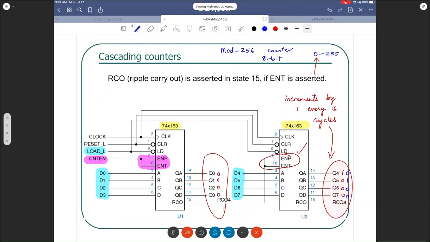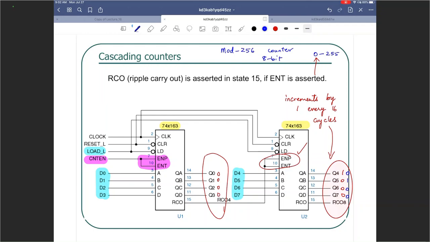Let me take a look at the chat box. Why would we not connect RCO4 to clock of the second one? Wouldn't that function the same? So it will function the same way. However, I want